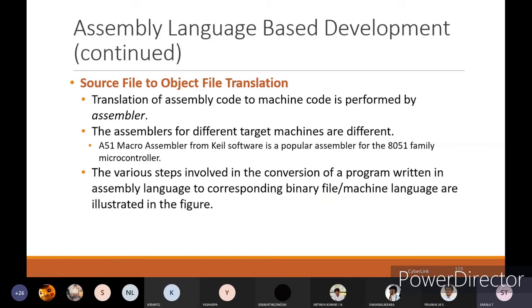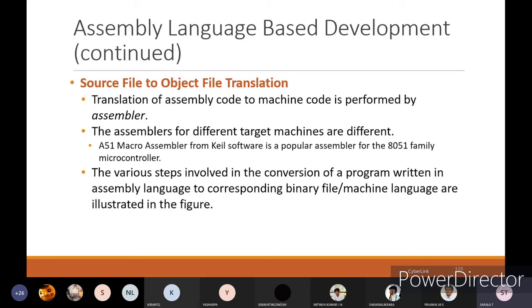Source file to object file translation. Translation of assembly code to machine code is performed by the assembler. Please keep in mind that the assembler will convert your assembly level language program into machine level language. The assemblers for different target machines are different.